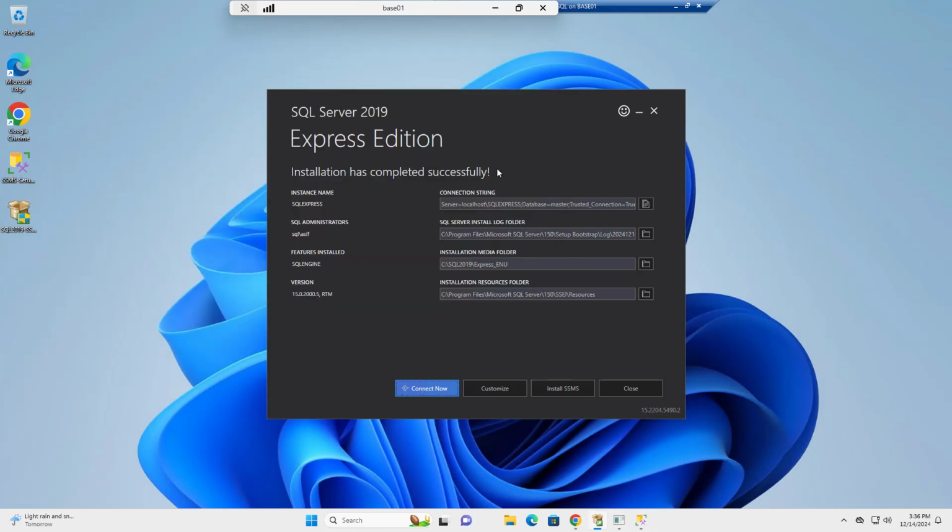The next thing is we need to install SQL Server Management Studio. If you click here, it takes you to the downloads site for SQL Server Management Studio. It is nothing but a graphical user interface to manage the SQL Server database, as well as writing and executing SQL queries and scripts. Okay, I've already downloaded the SQL Server Management Studio setup file, so I'm going to double click here